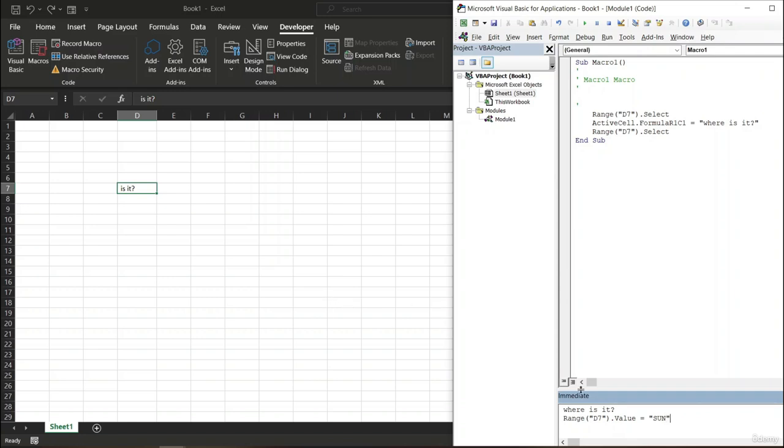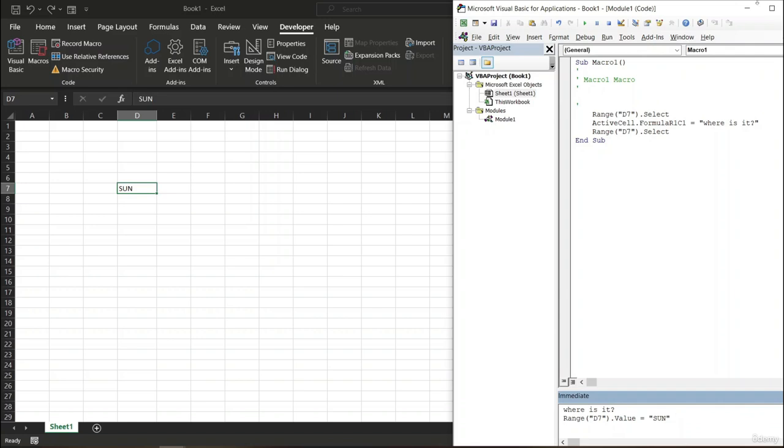And once we've done that, you can see after I pressed enter, the value here has changed to sun. Okay, so before it was "where is it", and then we turned it into "is it", and now it's the sun. Okay, so it's as simple as that, changing the code using the immediate window in the VBA. Okay,